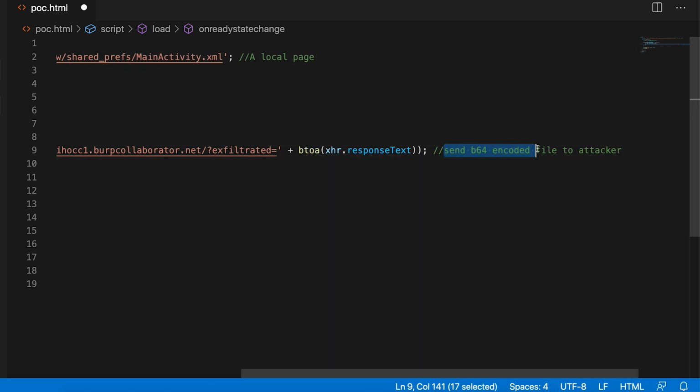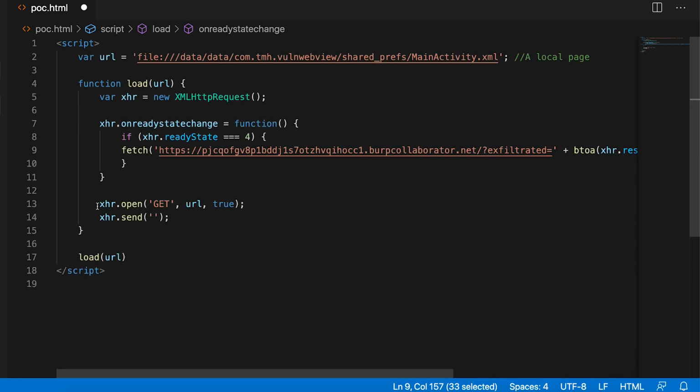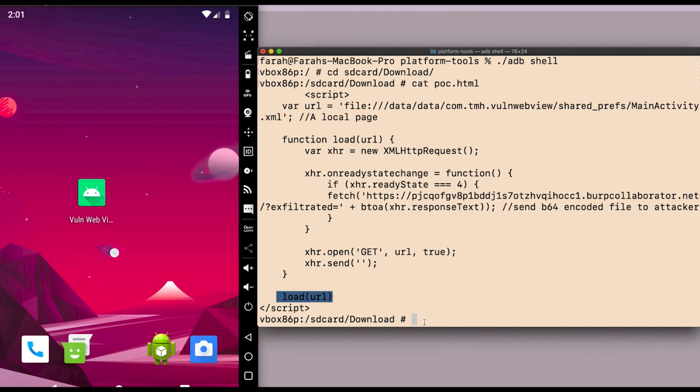So in the comments it is written that it will send the base64 encoded file to the attacker. Next, I have just finished up the request, and lastly I am calling the load function to load the file URL. So let me close this shell and then clear that up.